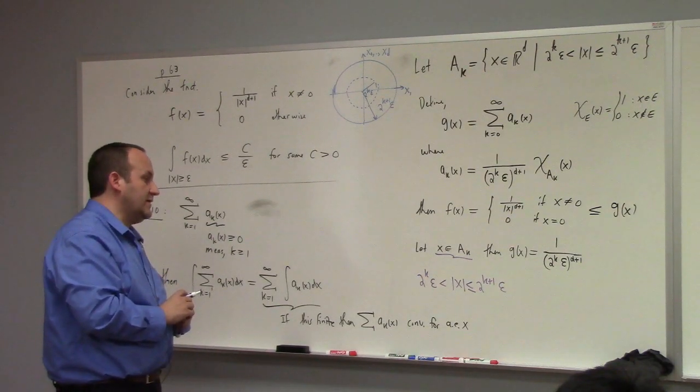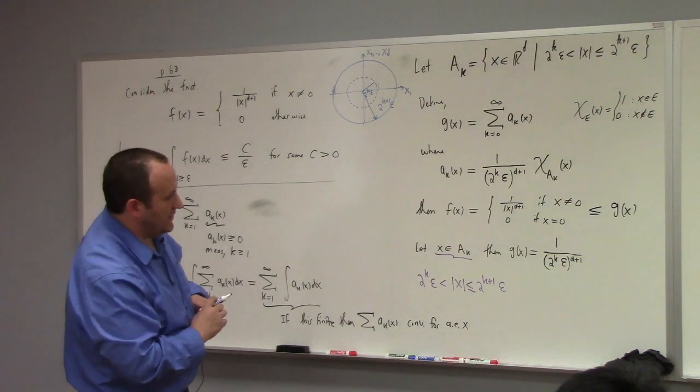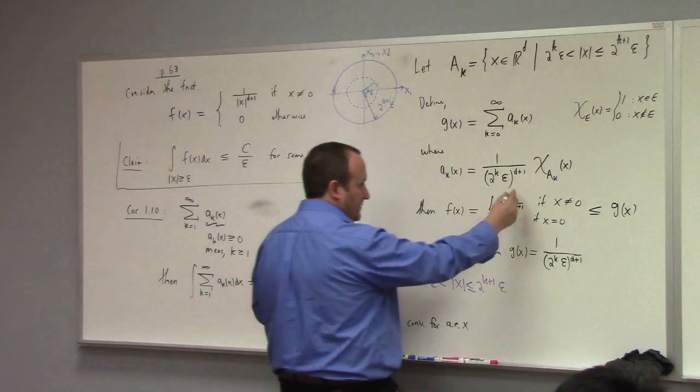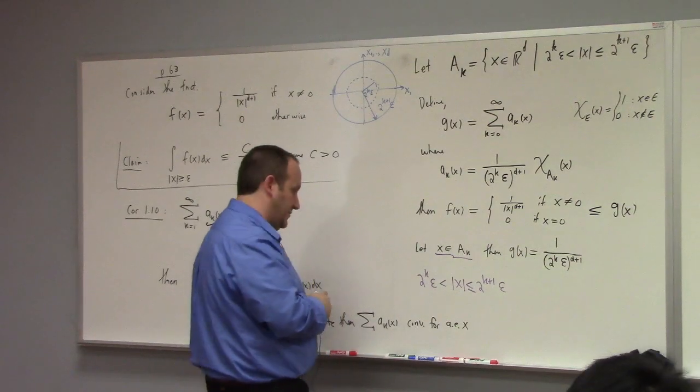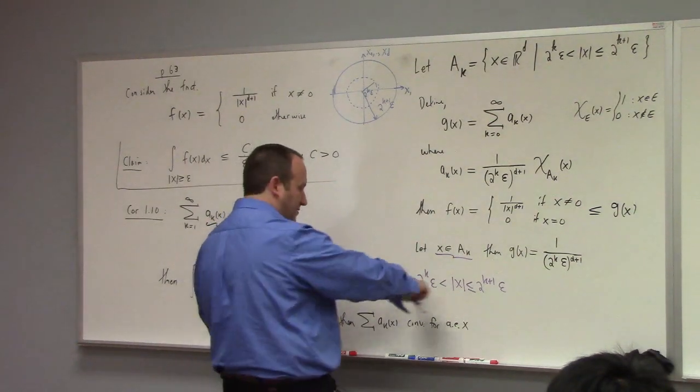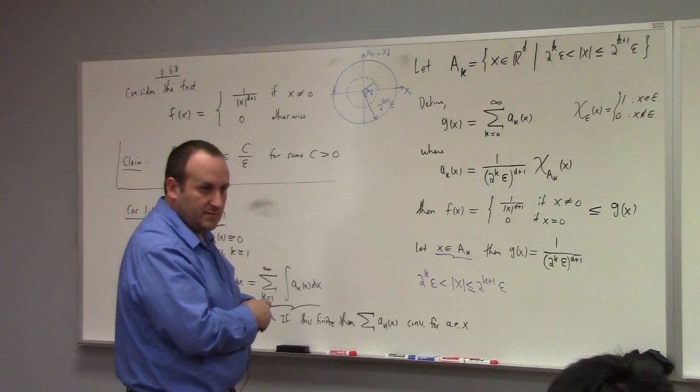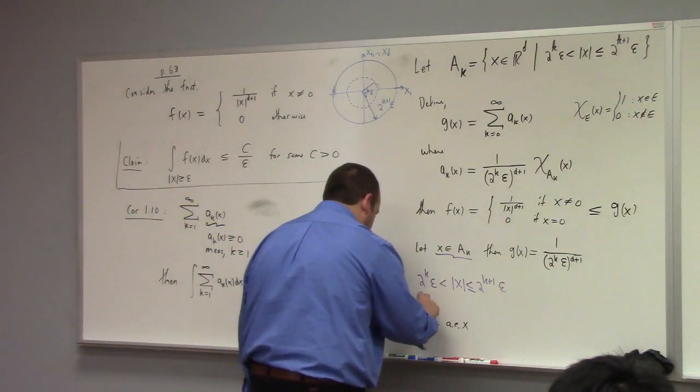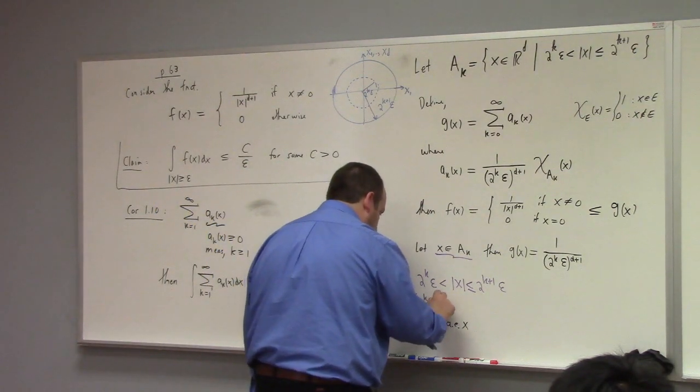So what inequality do I get for x to the, I want to compare it to d plus 1, right? Can I take the d plus 1 power of that? So we have (2^k epsilon)^(d+1) less than